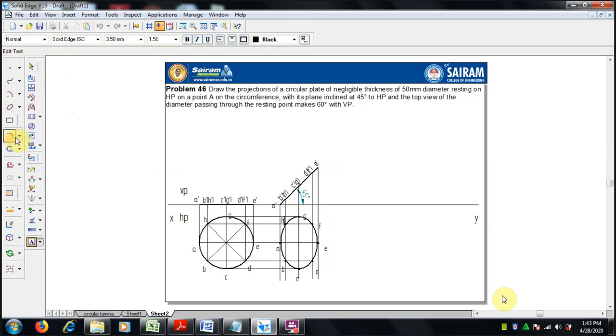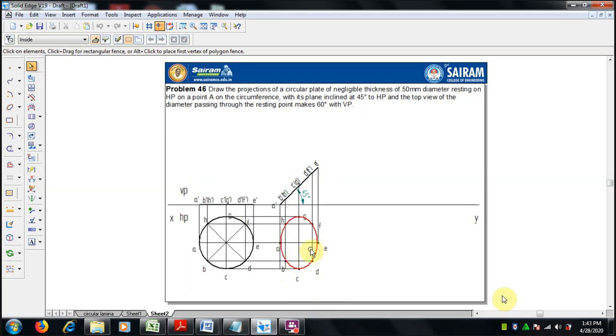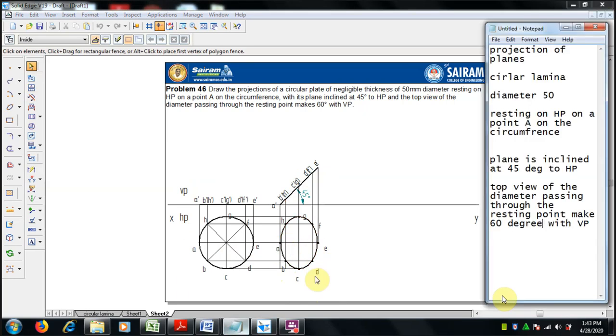Now we have to make the top view of the diameter passing through the resting point. So the top view of the diameter passing through the resting point is AE, that is inclined to VP with 60